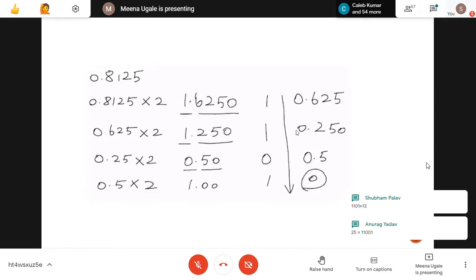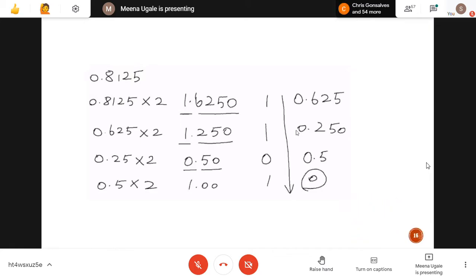Now go for the next slide. Slide number 16. If you are given any integer number with the decimal point, then how to go for converting it into binary? Just now we have seen it for the integer number. Next we are saying it for decimal number. So what I am doing here, you can see here.